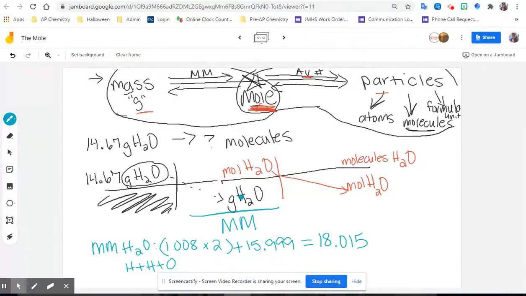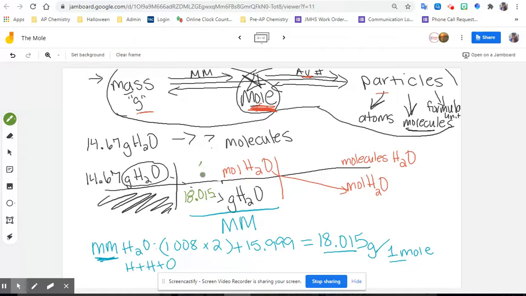Now we know it's this many grams per 1 mole. Looking at this definition of molar mass, we can put these numbers where they belong. So we're going to put 18.015 down here next to the gram,